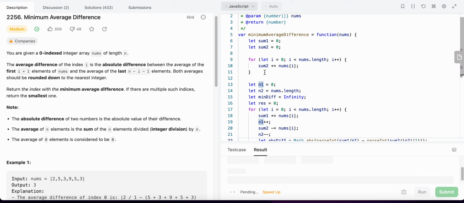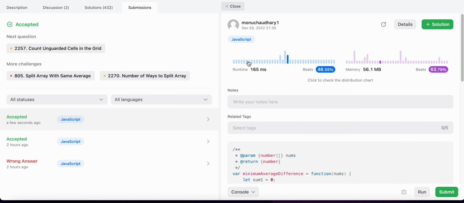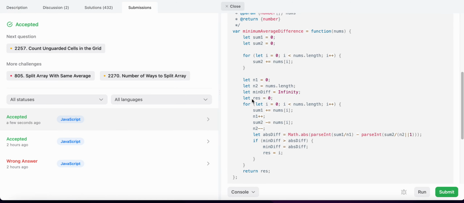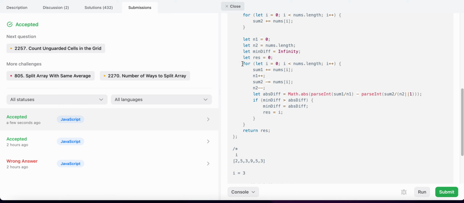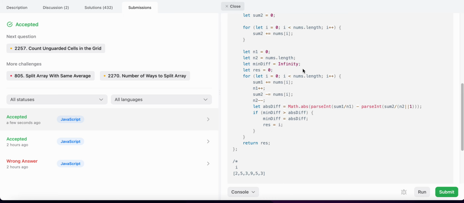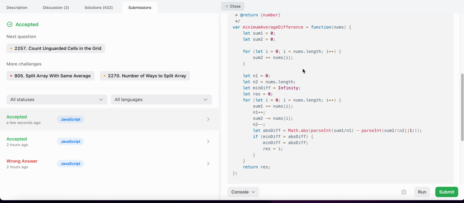And talking about the time complexity, in this for loop we are iterating over all the elements of the array, right? And also here we are looping over all the elements of the array. So basically the time complexity here is O(n), and the space complexity is constant because we are not using any space that depends on the length of the array. So yeah,